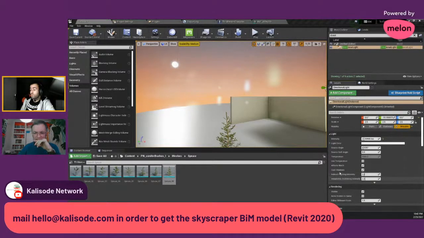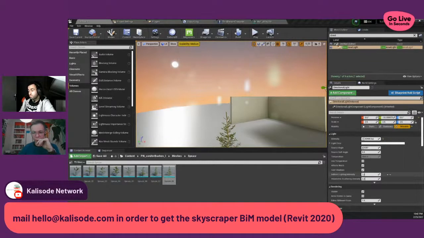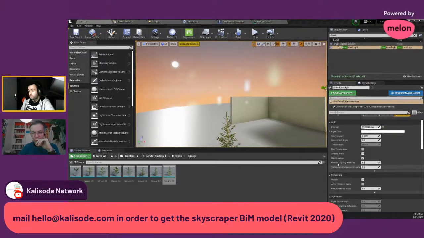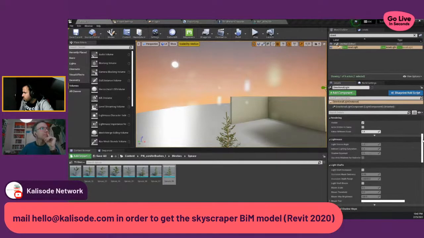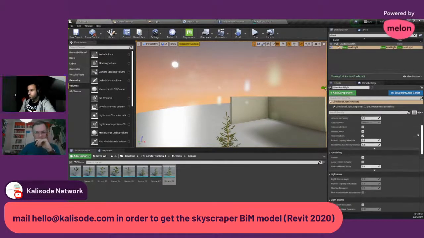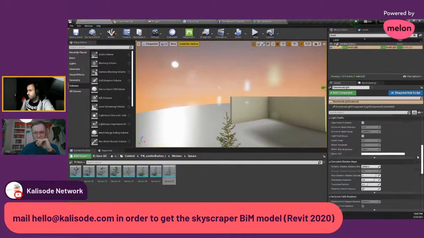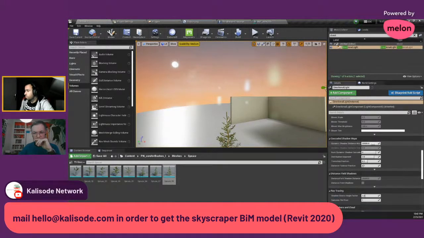Then you have the option to change these, where the first one shows you the indirect lighting intensity. What I wanted to show you is you have lots of options. Just go ahead and explore them all. But what I wanted to show you is that